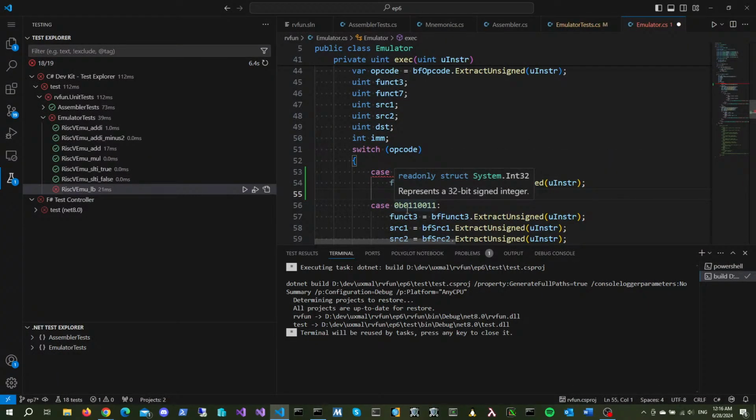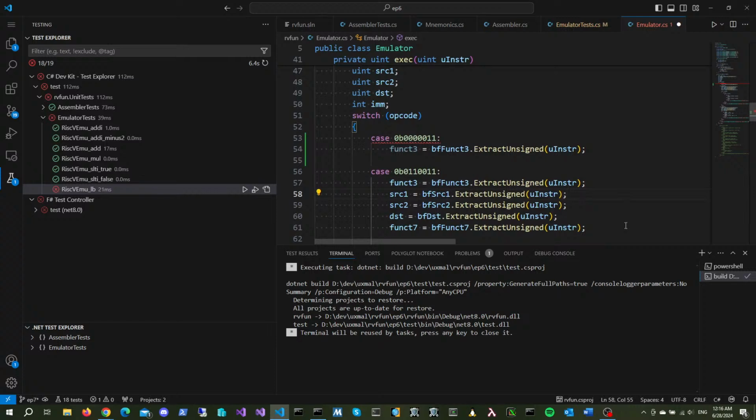Now we can also, in fact, extract the source 1 and source 2 and the immediate fields, because they're always going to be the same. So let's go ahead and extract those 3 fields,